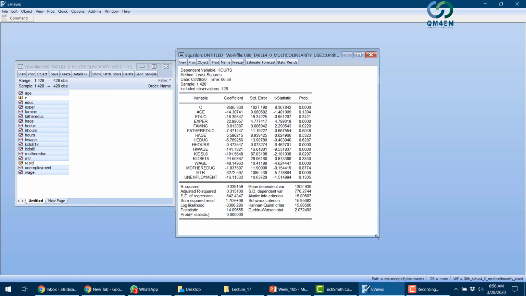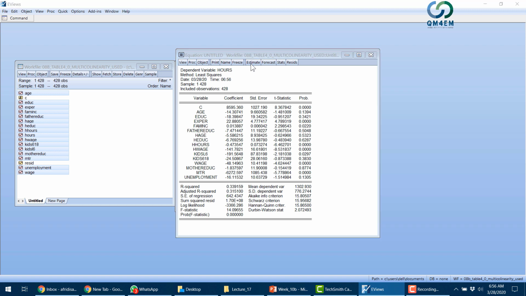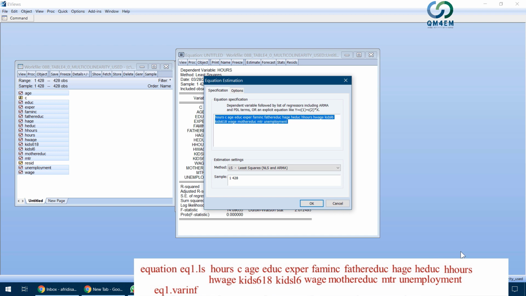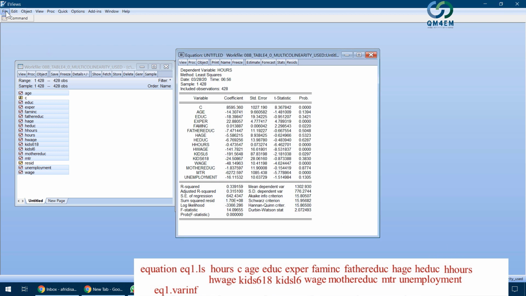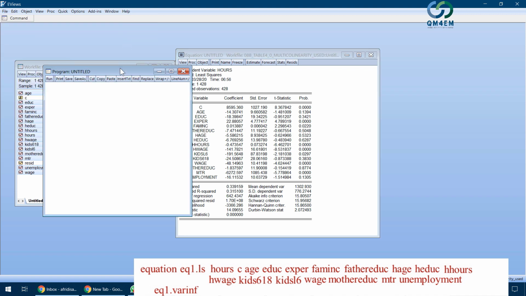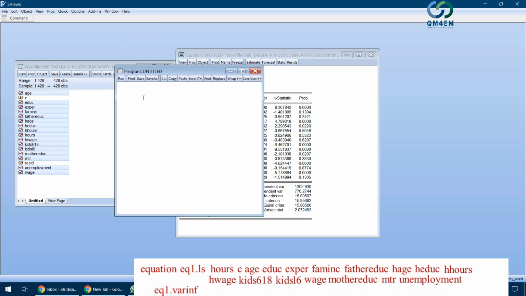Now for VIF, what I asked you, I will go to here to the estimate part. I copy this because then I don't have to type the entire program which is written here. I don't need to type that. So I will press cancel here. I will go here, file, new, and you see there are a number of options. I will go for program. I click here, and if you recall, you can see here as well, there is